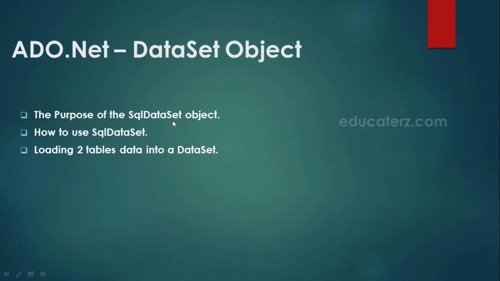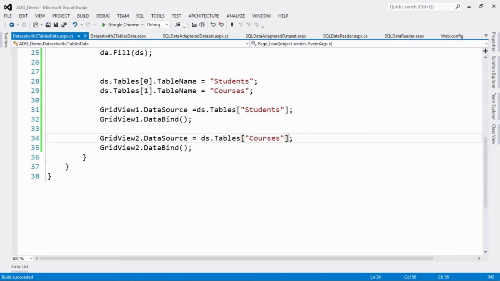If you want to eat something, we store it in our fridge instead of going to the grocery shop or hotel every time we feel hungry. So a dataset is like keeping something separately. From that dataset we divide some data according to our need, students and courses. Earlier we were getting the first table's information directly in both grid views. Now we are getting two tables' data in two grid views.